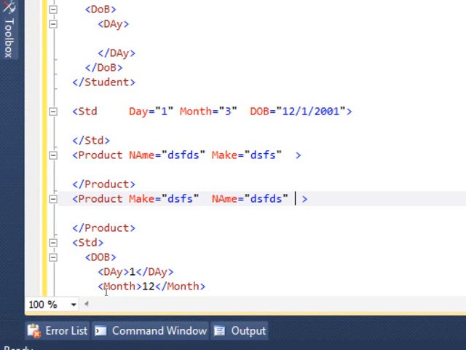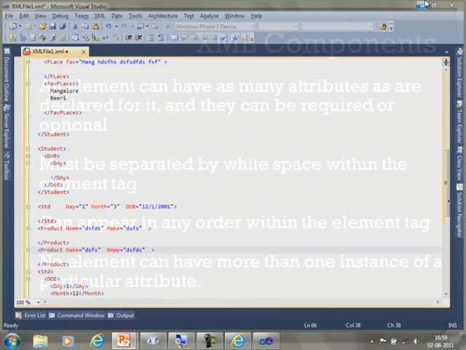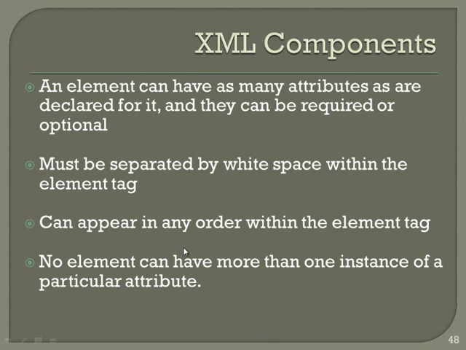You can have it in any order, and you may omit some of the attributes in some elements. That is also allowed. However, repetition is not allowed. Okay, so with that I think I will wind it up. They can appear in any order, but more than one of the same attribute in an element is not allowed.